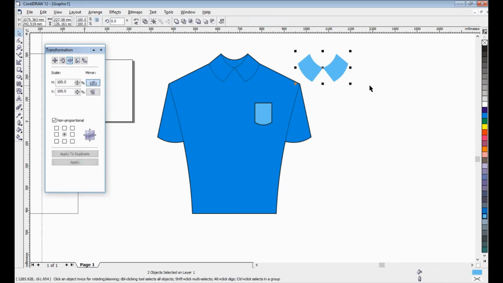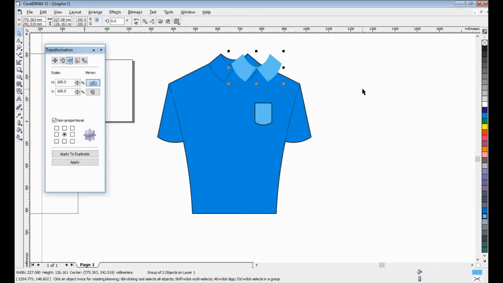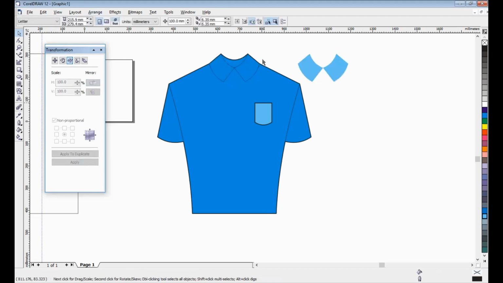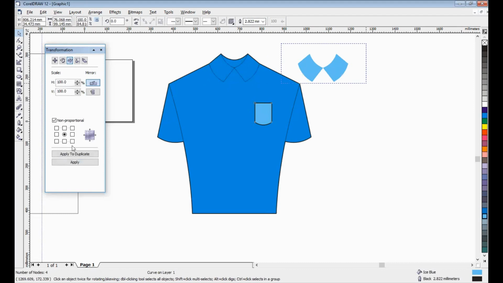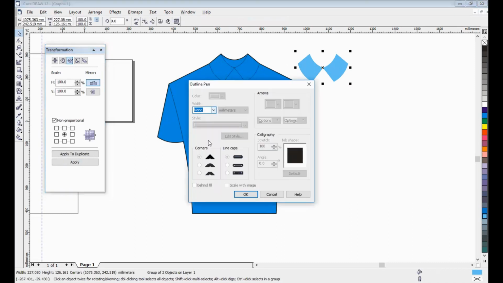We can make a group, and then we can take here. That's it. Okay, and I want to take the outline pen. Look at this. That's it.